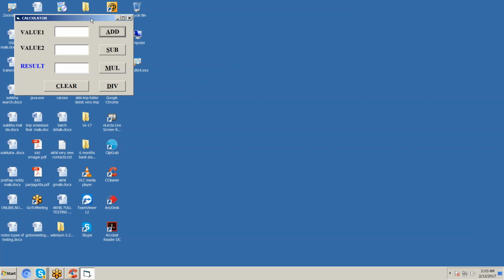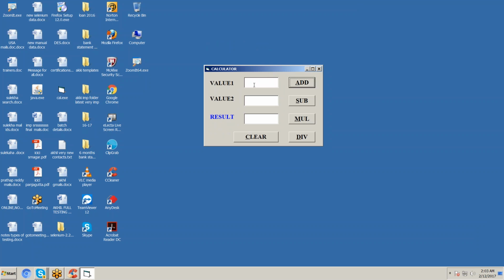I am going to an application and taking 10 in the place of value 1 and 20 in the place of value 2. I click on the add button and if it is showing 30, and then if you take 100 and 200 and click on add, if it is showing 300, our testing is more than enough. Why? Because the add button is properly working.